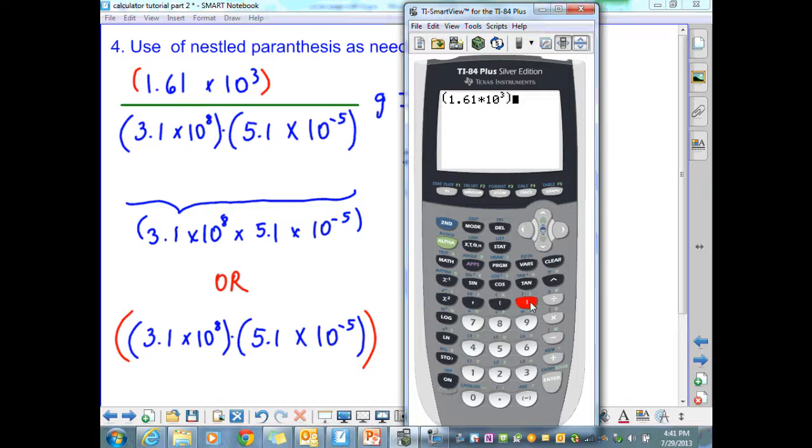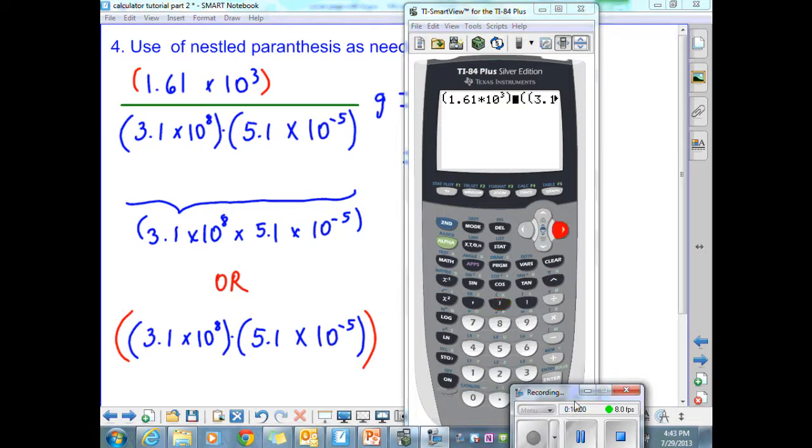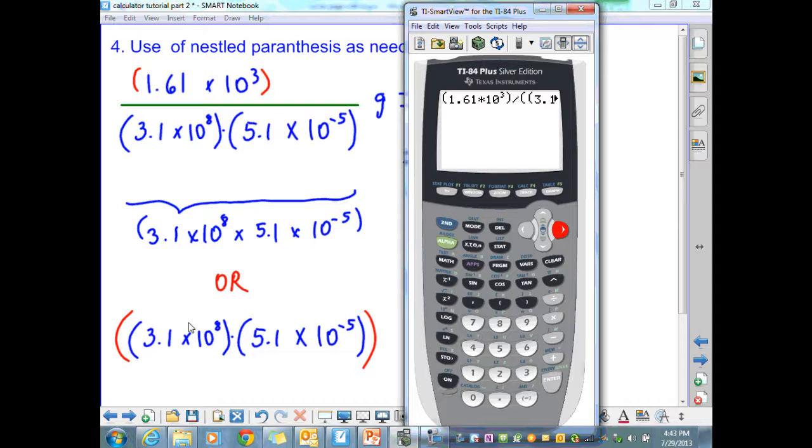Now close the parentheses and then division by, and I'm going to enter this nested parentheses by starting with an open parenthesis for the entire denominator. Then I open another parenthesis, and now I'm going to enter the entire expression as we see it. So as we're entering the denominator with this format, when you get to the end, you're going to need to